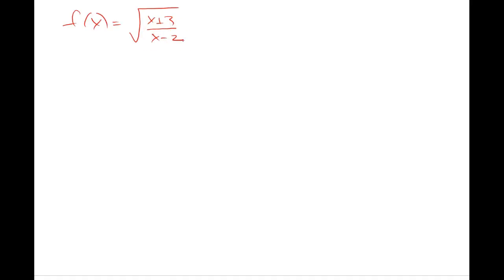And again, a little bit more algebraic, but we can rewrite this essentially as (x plus 3) all over (x minus 2), to the power of 1/2. And really this is a simplified form. This is the same as y is equal to some function u to the n. In this case, u is a rational function, x plus 3 over x minus 2, and n is a fraction,